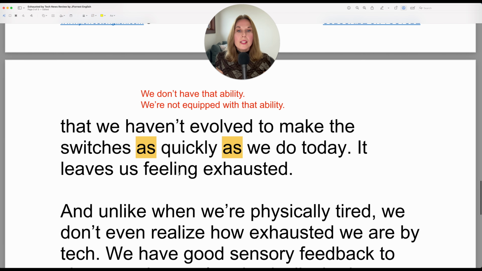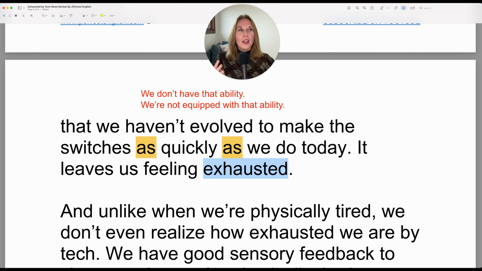It leaves us feeling exhausted. Or what was that word? The adjective to say extremely exhausted. Do you remember? It leaves us feeling utterly exhausted. If you couldn't remember that, it's totally normal because our brains require a lot of repetition. That doesn't mean anything is wrong with you. It means you're normal. You need repetition.